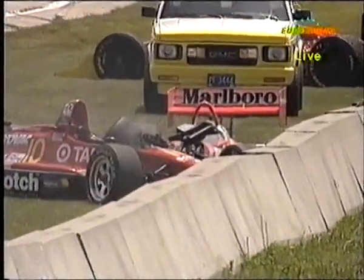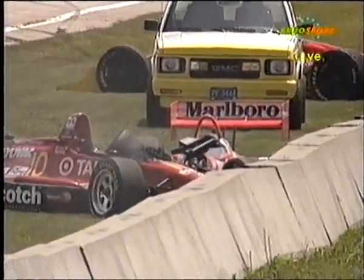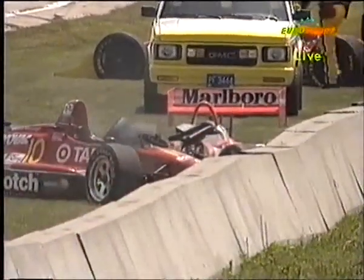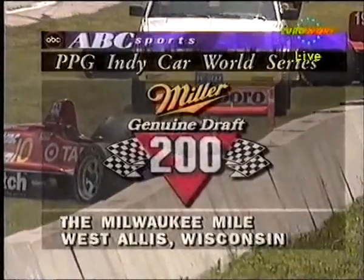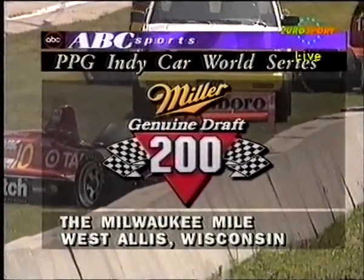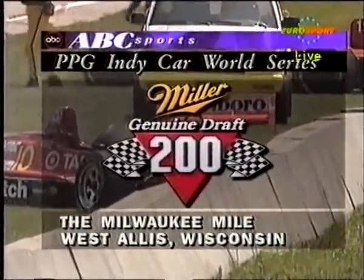This is going to be a long yellow flag period. Look at that, we can see the car of Paul Tracy up against the car of Arie Luyendyk, who was running well down the order at the time. Tracy, of course, was leading the race from Robbie Gordon, with Mansell in third place, and that really has